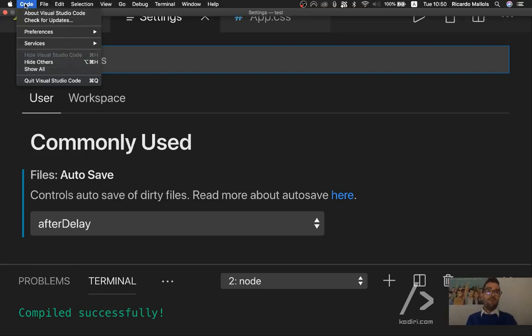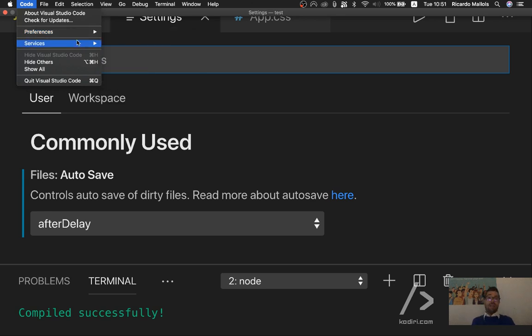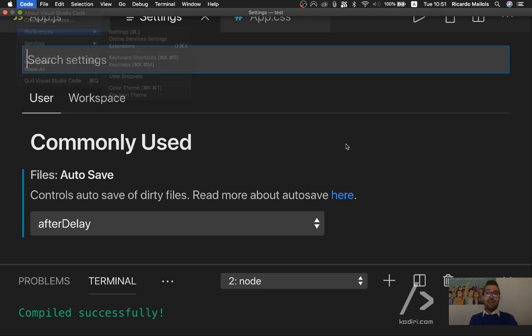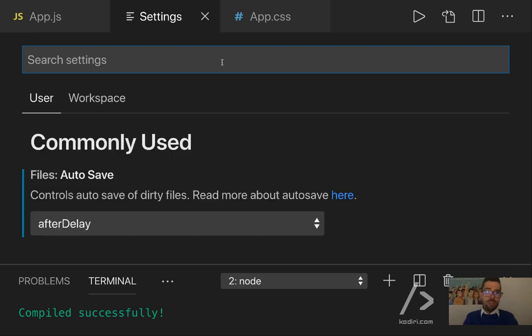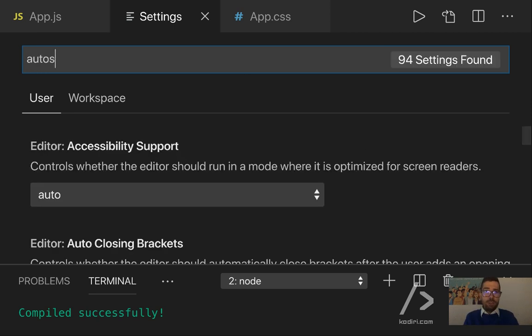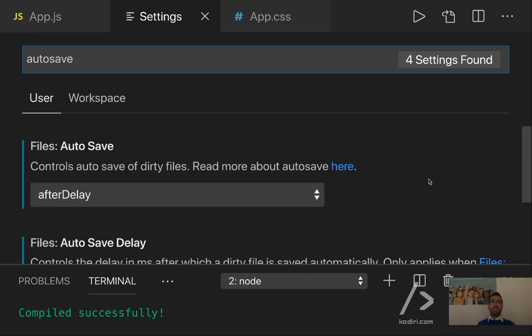Code on top of the menu. Code, Preferences, Settings. Yeah, I cannot zoom the menu on Mac, that's why you cannot see anything. Anyway, you'll see something like that, right? So if you search Auto, I'm talking off the top of my head, so that could not be absolutely correct. Yes, that's correct. If you click Autosave,